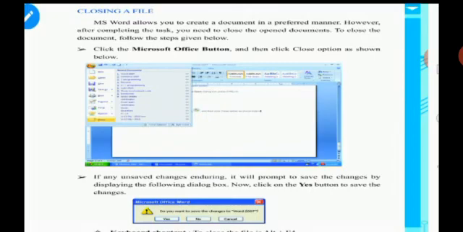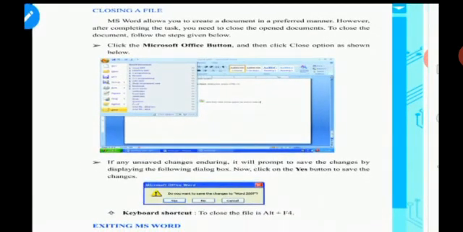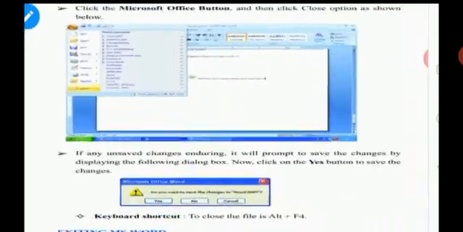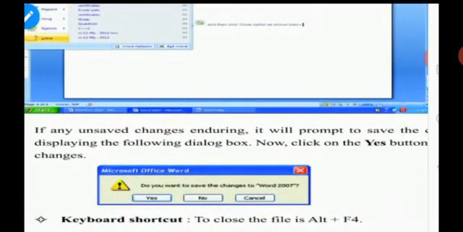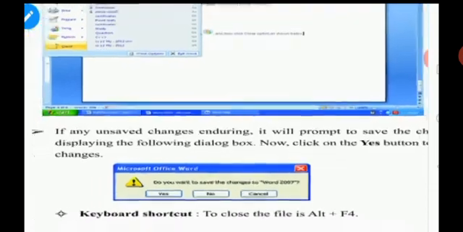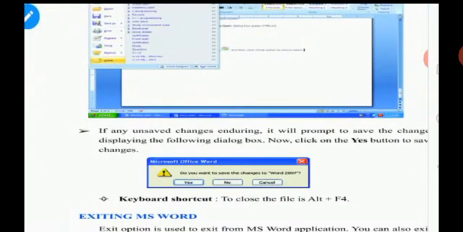If there are any unsaved changes, for example, if at last you changed any appearance or any color and didn't save, it will remind you to save it. That is the box below. Do you want to save the changes to Word 2007? If you click Yes, the last changes will be saved, or if you click No, they will not be saved. If you click Cancel, the close option will be escaped. Okay dear. So Word will remind you if there are any unsaved actions, whether to save them or not.